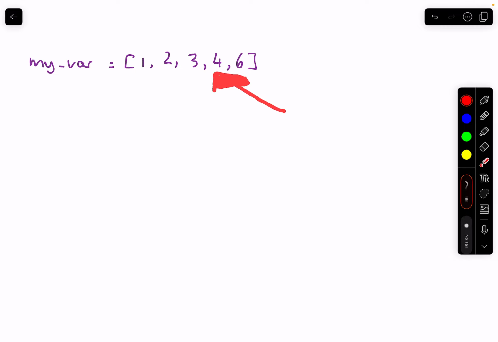Hi all. Today we'll be talking about Python lists, and a list is just used to store multiple items in a single variable. So we could have my var is equal to 1, 2, 3, 4, and 6. Okay, so what we have here is multiple integers stored in this list, as we can tell, as it's got square brackets, and we saved it to a my variable